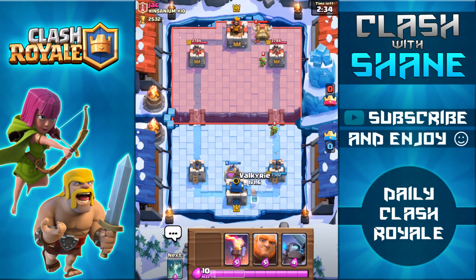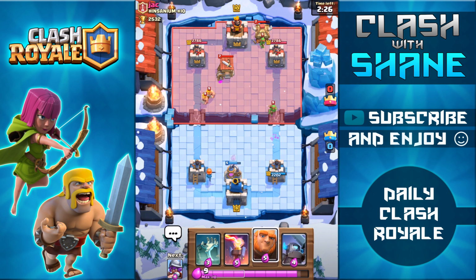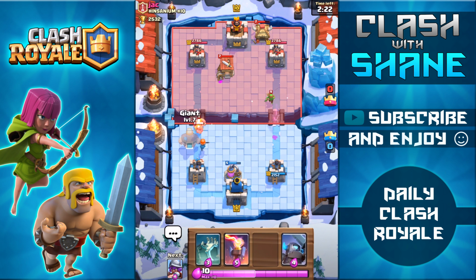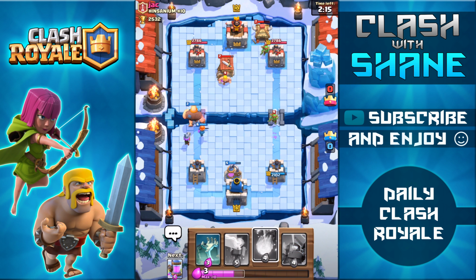Let's start with a Valkyrie push on this lane. Is he going to use the bar pot as well? He is. Wow. So, let's see here. Valkyrie going up there. What do you want to do? Do you want to use a Giant as well? And a Musketeer? That will have this Fireball available for whatever. Hopefully he doesn't Fireball that Musketeer, because if he one-shots...